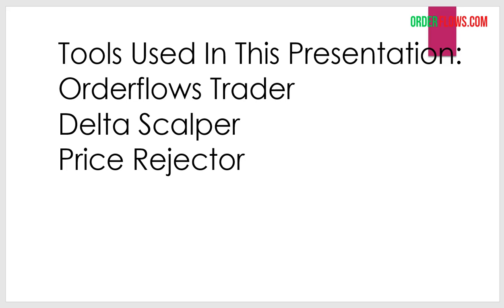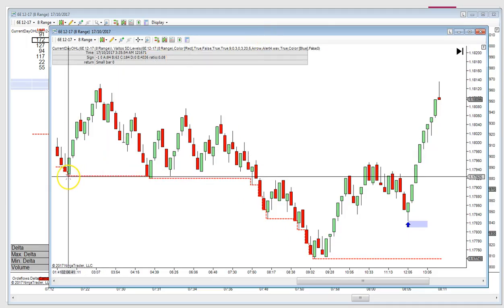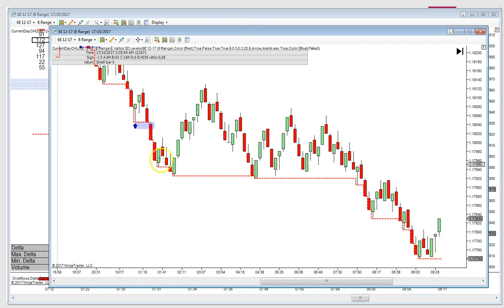Now, if you remember in the first presentation, I talked about the euro currency and that low we had early in the European session at 117.925. Let me just get the chart up here real quick. Okay, I'll show you on the bar chart. We had hit this low here. We had a few failed divergences on the way down, and I said, if we take out this low again, watch out, the market could sell off. We did take out that low around 4:15 here. We made the low by a tick, and then we rallied back up.